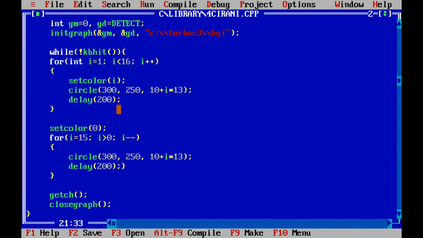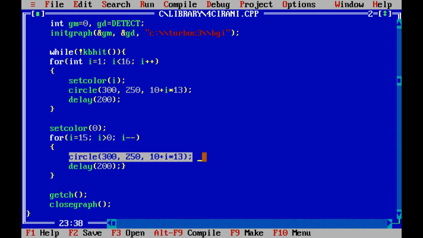After drawing 15 circles, control reaches here: setcolor 0, it means the color again changes to black. 0 stands for black. This for loop executes 15 times, because i starts from 15 and goes while greater than 0.